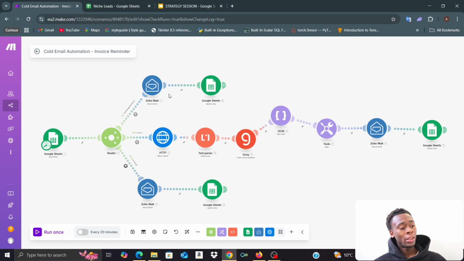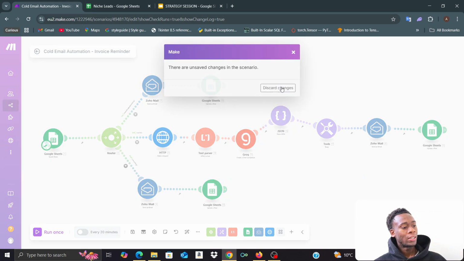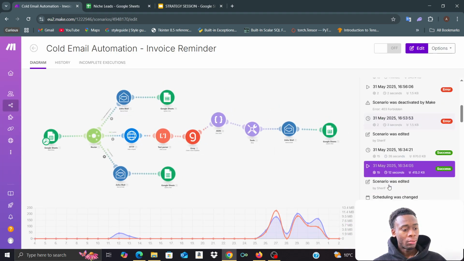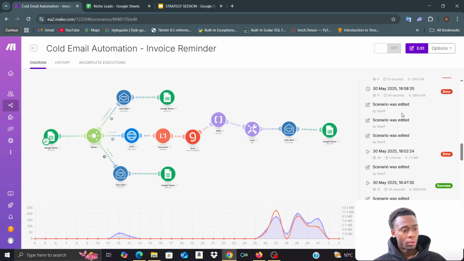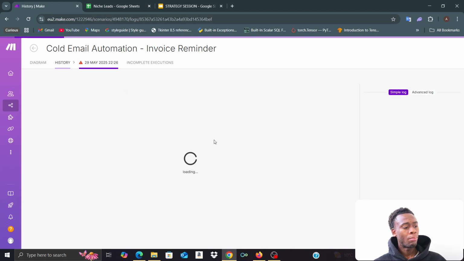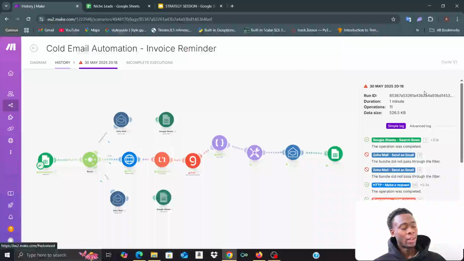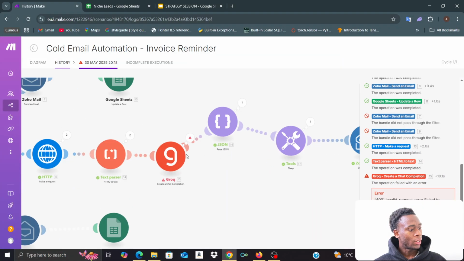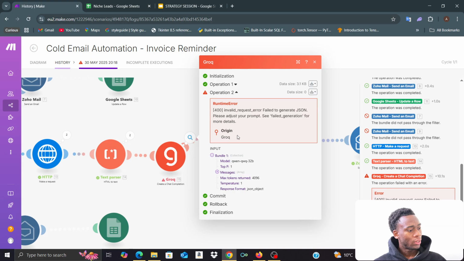So I wanted to show you guys the error of this automation. Save the changes. I wanted to see what the error was more. Yeah, this error kept bugging me. I didn't like it at all, man. Can I see what? Oh yes, I can actually see what was